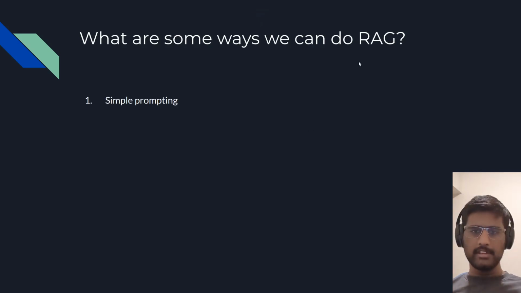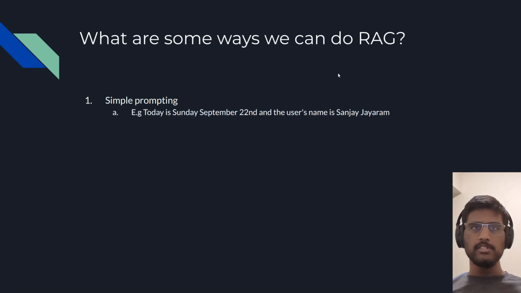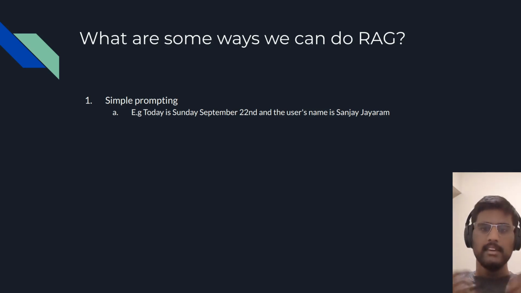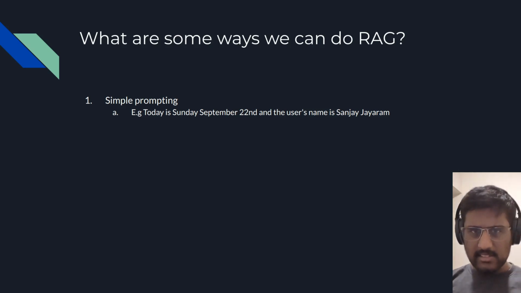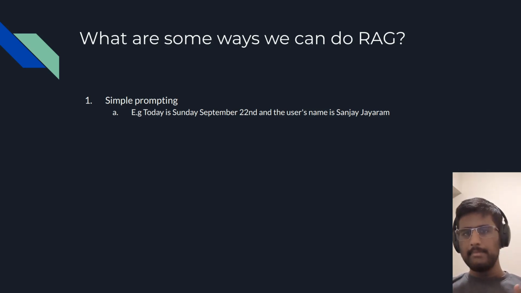First, obviously, simple prompting, right? So this is like, hey, today is Sunday, September 22nd, and the user's name is Sanjay Jairam. This is just a really simple way of saying, hey, here's the necessary information. We, the application developer, have retrieved it for you. This is all the information you will need. Now, obviously, this isn't the fanciest way of doing RAG, but in some instances it can be helpful, right? Like if you're trying to do a very specific RAG system, like, hey, this is a chatbot, and